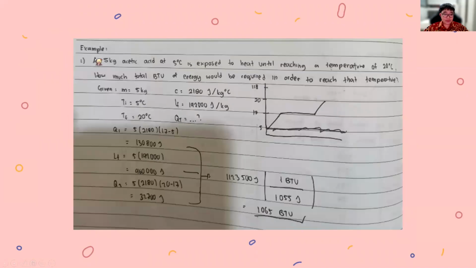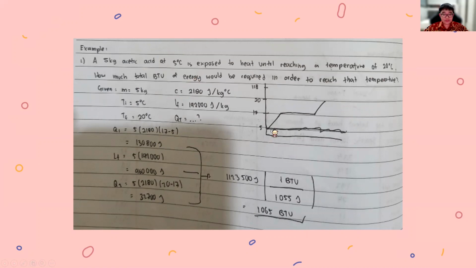For example, for a question, we have 5 kg of acetic acid at 5 degrees Celsius exposed to heat until reaching a temperature of 20 degrees Celsius. How much total BTU of energy would be required in order to reach that temperature? We put the given from this problem here. And then for this, we need to draw the graph